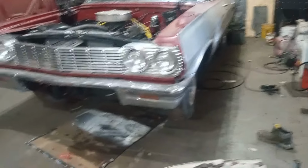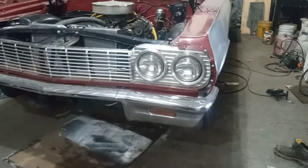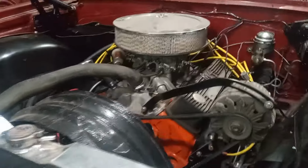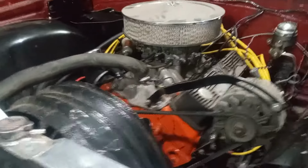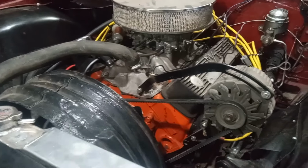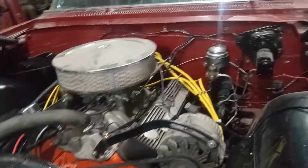Okay, in another video, people asked about this. It is a '64 Chevy. And that is a 283. And though it has, like, aluminum valve covers, it's a stock 283. I think it's a Rochester 4-barrel. But,